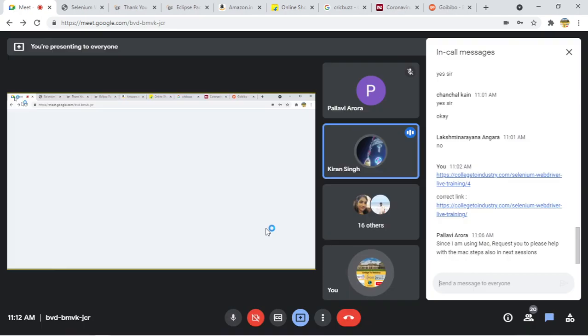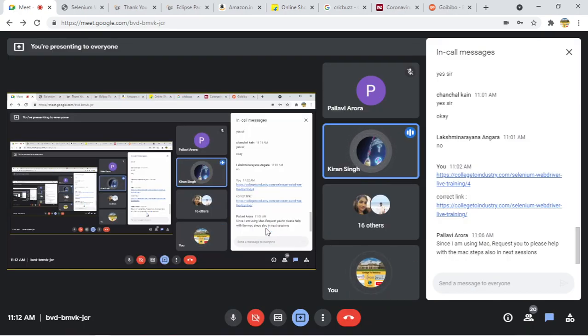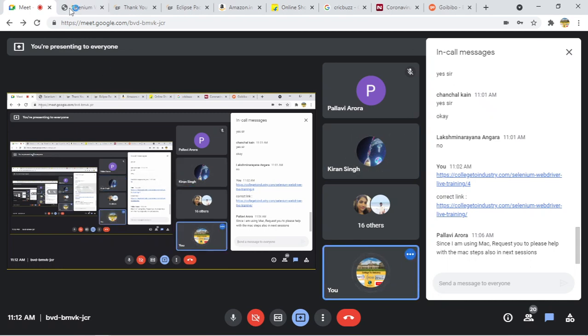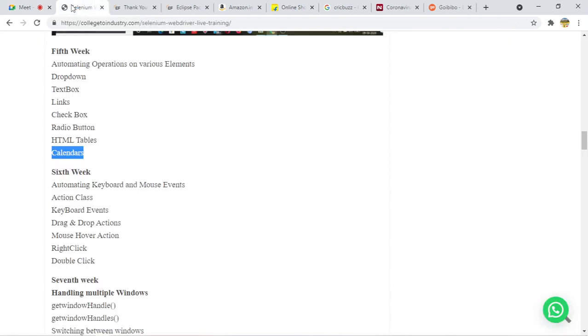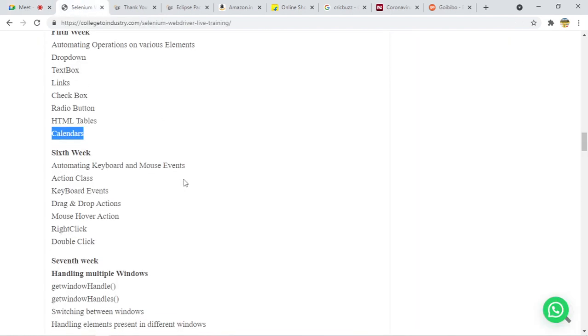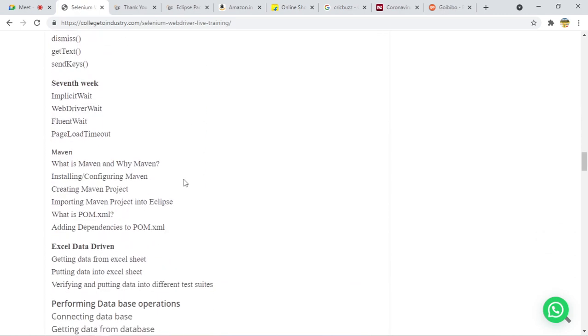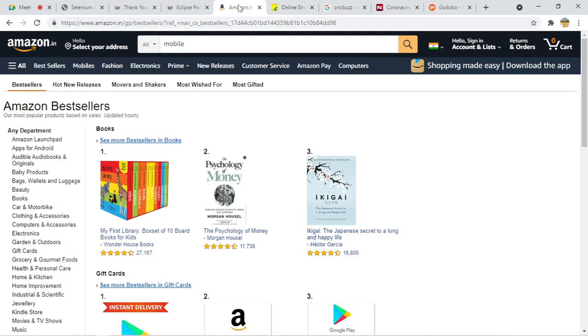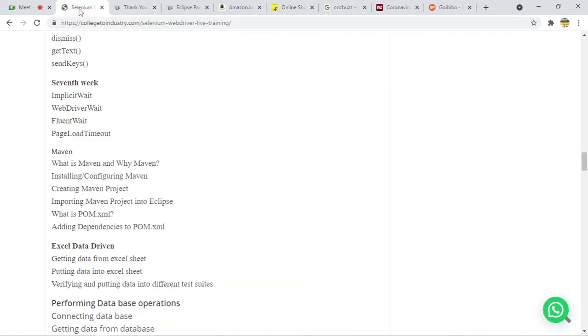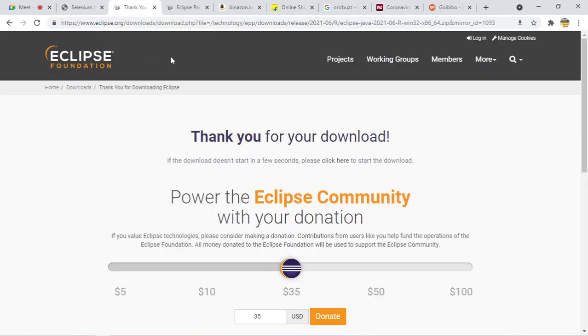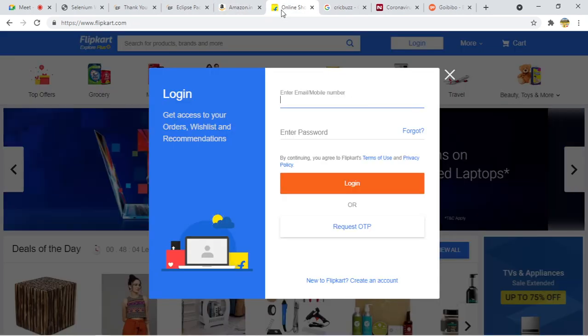Sumit, Kiran here. Can you include the pagination concept in this? Yeah, you are asking about page object model. No, pagination, like we navigate from one page to another page. That will be included. I think it should be written here. Let me check. Basically, as you can see, there are so many tabs here. Suppose I have opened one page, I need to navigate from this page to this page. How can we do that with the help of Selenium? We will also see handling multiple windows. That is also included.